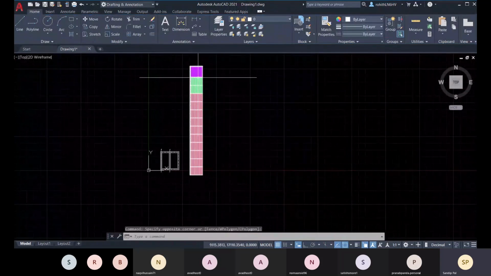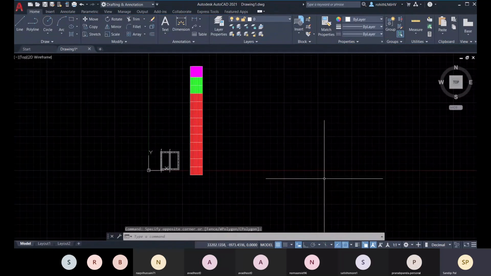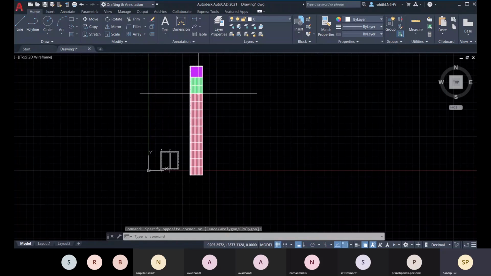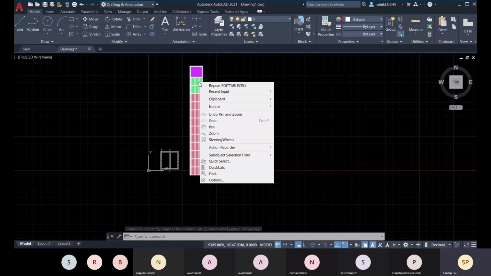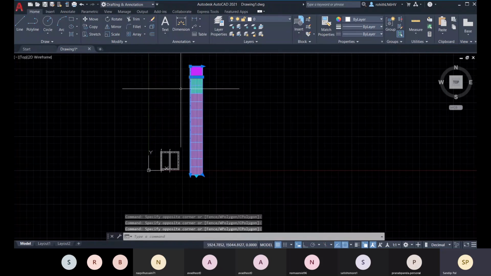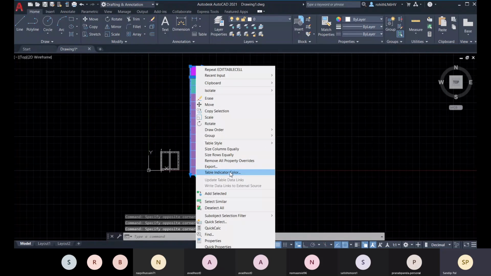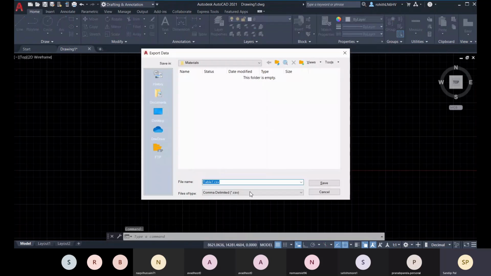Okay, and if you create your schedules and all the data lists within your table, then after selecting it, if you right click on it, you can export it. You can export it as an Excel file. You click on this export option, and you can export it as a CSV file. I hope this export data window is visible, right? This export data window is visible. Yes. Is this okay? Thank you.